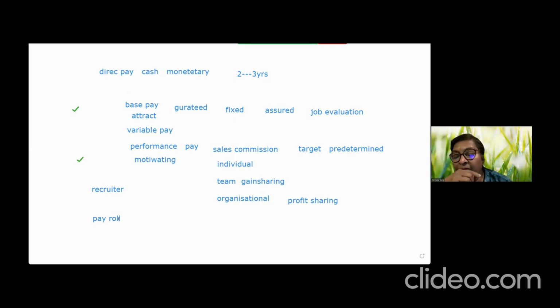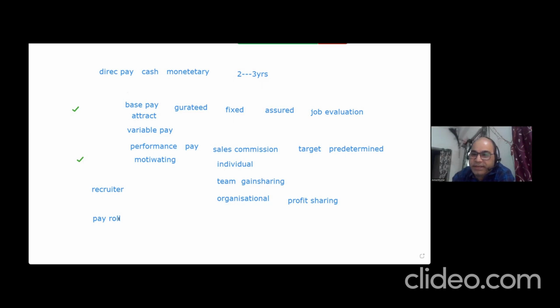No, no, no. Can you just repeat your question? Are you talking about how do I plan, or how much should I have as a base salary so that I can design this incentive plan? Yeah, because the organization will say that if we are already paying 50,000, and if you plan an incentive for the recruiter, even if he closes the position within 60 days or in 90 days, that will add to the recruitment cost for one position.